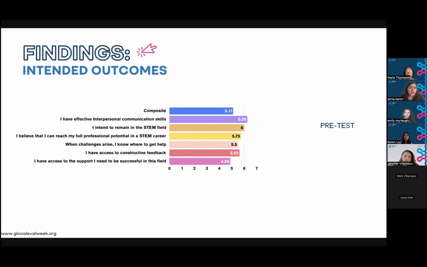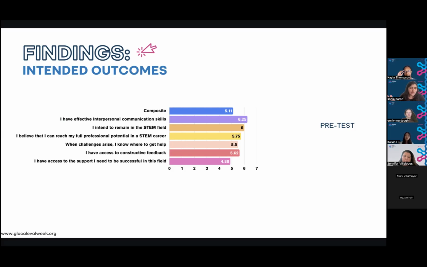So before, on the baseline level, before we get the people to use the chatbot for 2 weeks, we see that the composite score of all of those items was 5.11. That score is an aggregate of items like: I have effective interpersonal communication skills, intention to remain in the STEM field, I believe that I can reach my full potential, knowing where to ask for help when challenges arise, access to constructive feedback, and access to the support that I need to be successful in STEM fields.